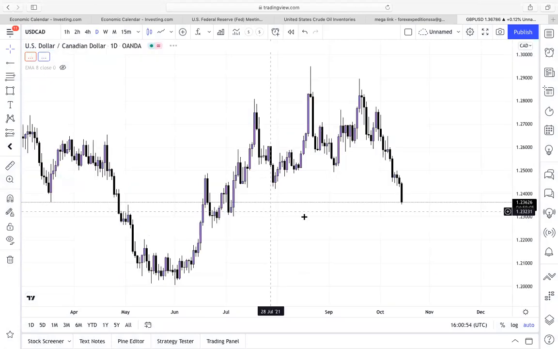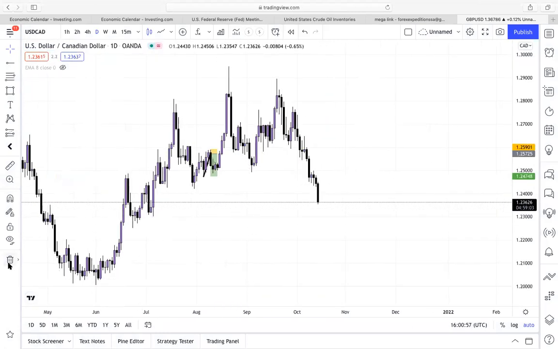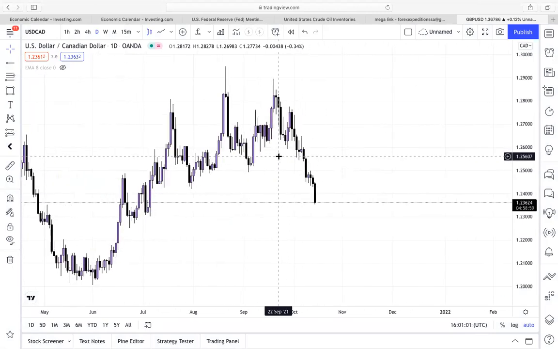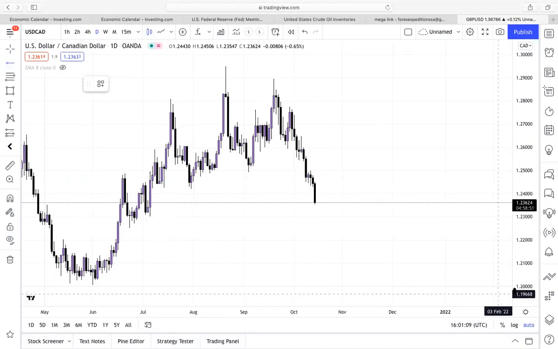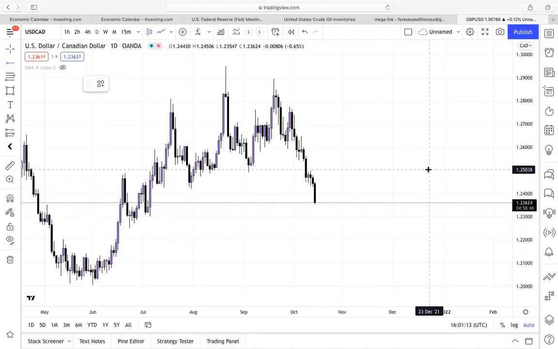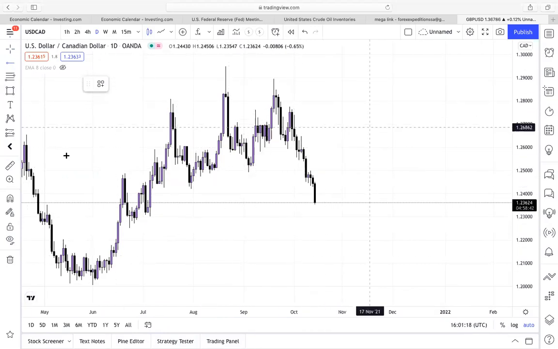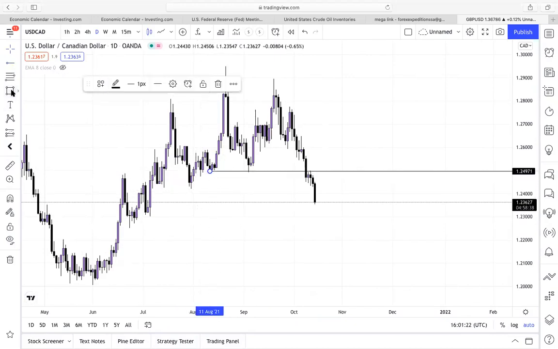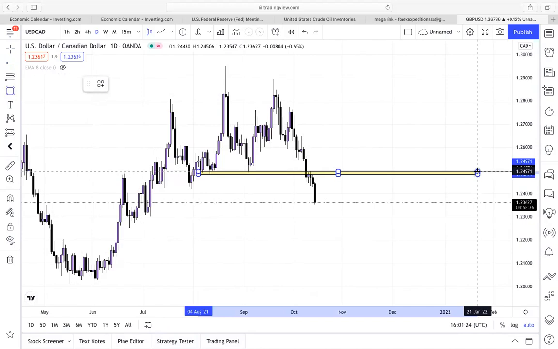I'm gonna go on the daily chart, all right? The first thing I'm going to do on a daily chart is check the numbers that move in 5. We can see it's 1.20, 1.25, 1.30. Does that make sense? So currently I'm going to look at where price is. Price stopped by 1.25000. That is my main key level.